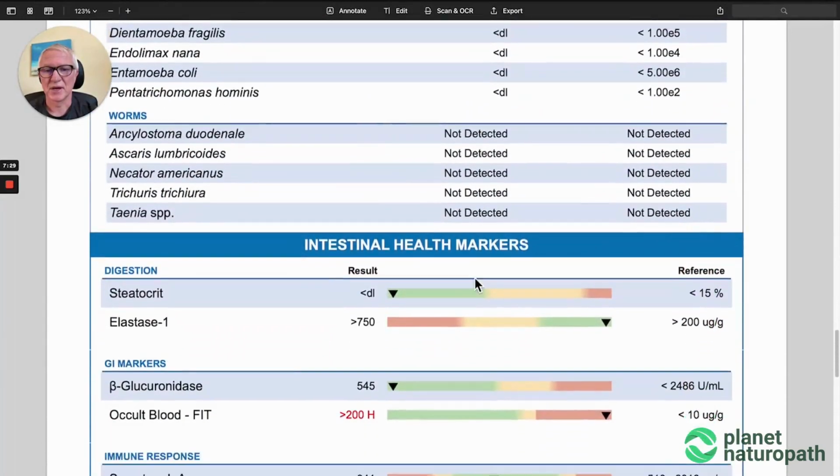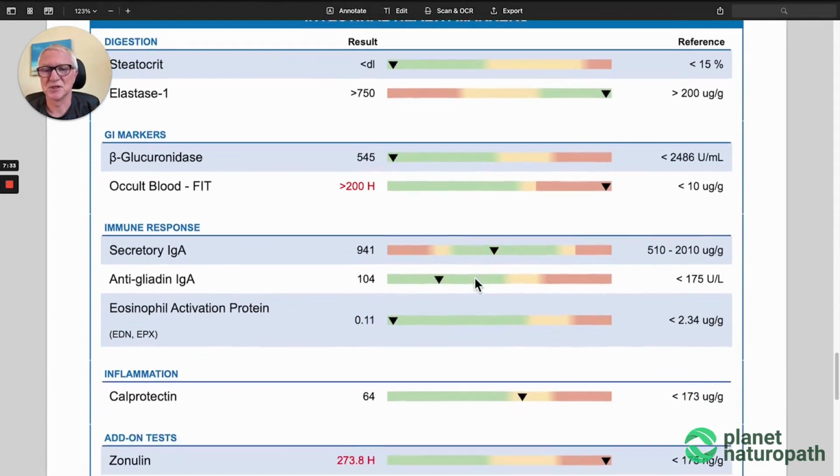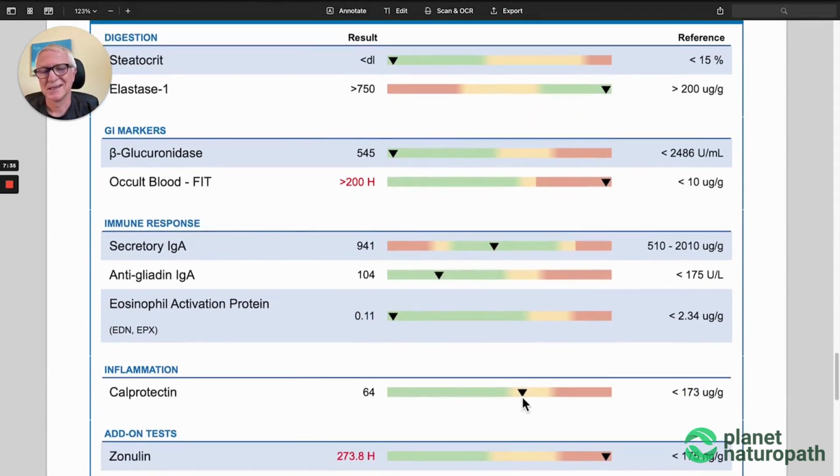There were no other parasites, but with the intestinal health markers, so with inflammatory bowel disease, the first thing I'll look at is the calprotectin. And while the levels aren't optimal, they're not too bad, but being on medication can help to lower these levels down, but the high levels of blood indicate they're still getting symptoms of inflammatory bowel disease. So in a situation like this, we want to focus on the inflammation, healing of the gut,